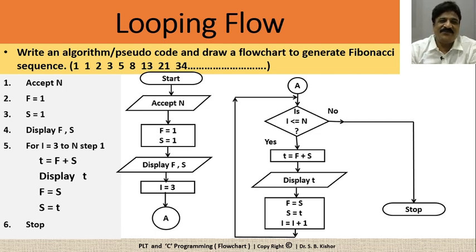Okay, so what have we done? We have done nothing special. We have simply replaced each statement using a special symbol that is used while drawing a flowchart. It means for accepting input, we have what? A parallelogram symbol. For performing calculation and assignment, we have what? A rectangular symbol. In order to take a decision, we have what? A diamond shape. So we are simply using a specific symbol for that particular statement.